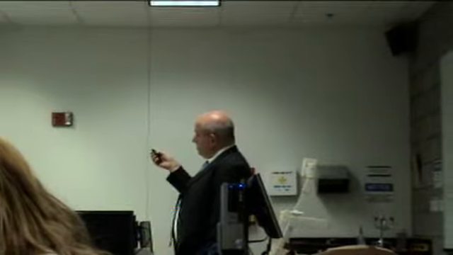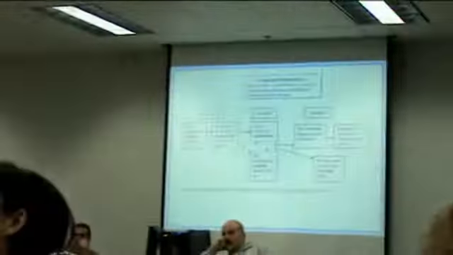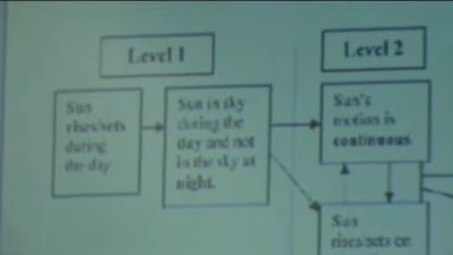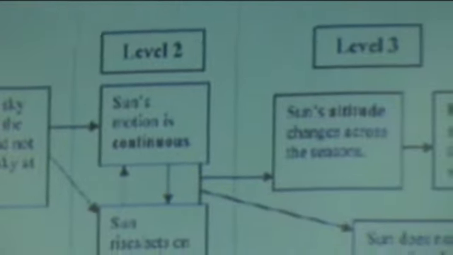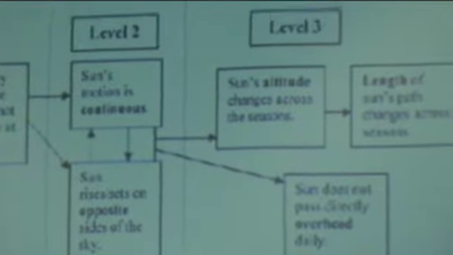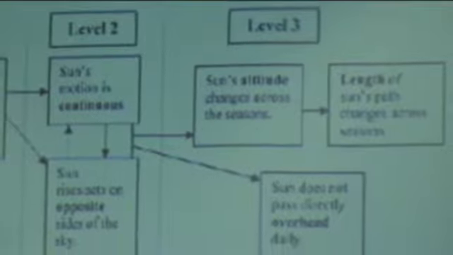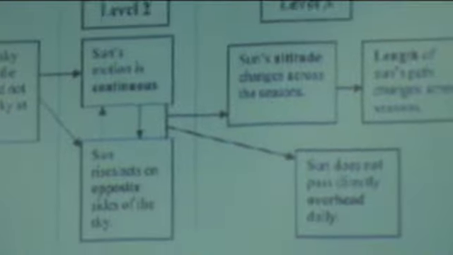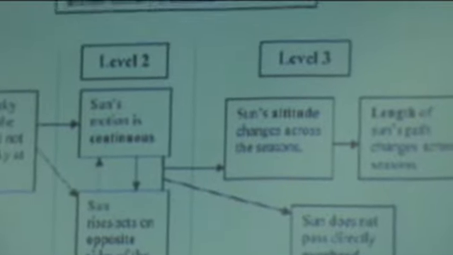The interesting part about this, they're proposing this as a learning progression here, and they're breaking it down into 3 levels. So level 1, we tend to see the sun during the day, not so much at night. And there's a sunrise and a sunset that occurs. Second, continuous motion, and sunrise and sunset don't occur in the same spot. And then seasonal changes with altitude and position of the sun at noon.